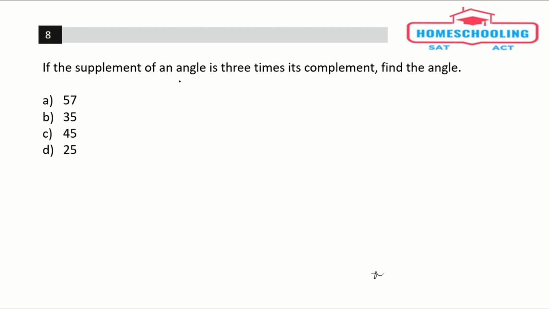If the supplement of an angle is 3 times its complement, find the angle. So let the angle be x, the complement would be 90 minus x, and the supplement would be 180 minus x. So the question says that the supplement of an angle, that is 180 degree minus x, is equal to 3 times its complement. 3 times the complement is 3 into 90 minus x. So now let's solve it. 180 minus x is equal to